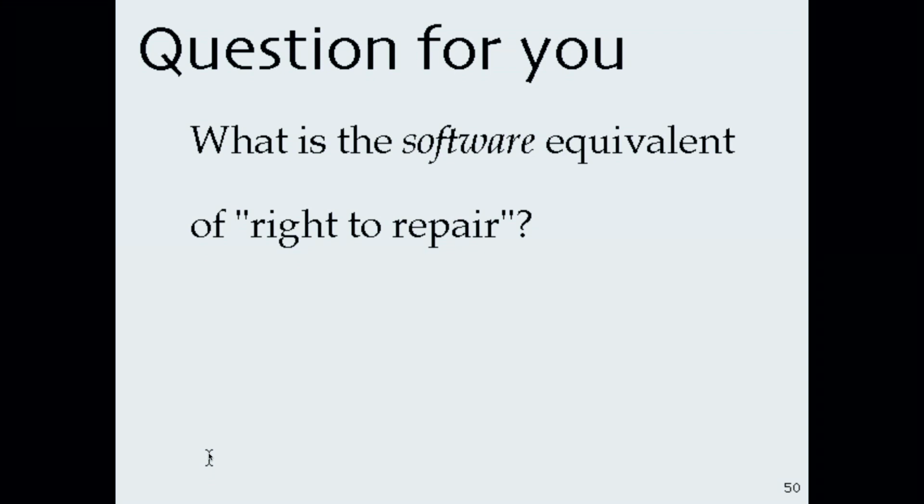So, I mean, one answer to this is, what about open source? And that's fair. But another example might be scripting your apps. What I mean by that is AppleScript is an interface to control various apps and has been built into the app platform for years. That's a way that users can add their own functionality and effectively repair the app to do what they want.